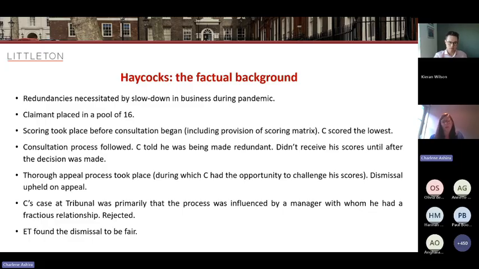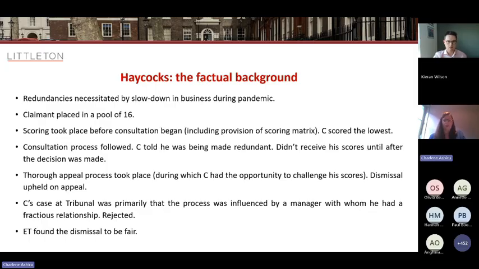Now, these cases are not on the slide, but I think it's useful just to mention a few of them. So, for example, the pool of one. Now, that is a topic that sometimes comes up in redundancy processes, and it used to be the case that if the employer had genuinely applied its mind to the pool, then deference was left to the employer in relation to the decision that they made. We've found, however, in the EAT recently that the EAT are expecting greater consultation in relation to a pool of one. So, for example, in the Mogane case,